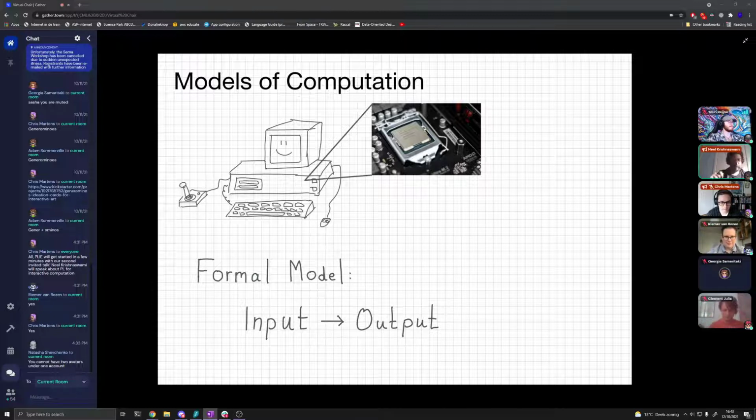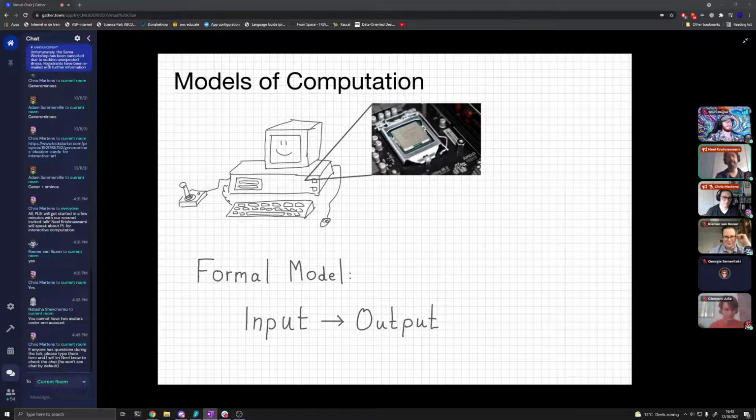Then the Turing machine will grind away for a while, and it'll end in some accepting state, and you read the tape, and that's the output. So the formal model of a computation is a model of a function, something that takes some input and produces some output. And so in some sense, it's really all about the inside of the box.